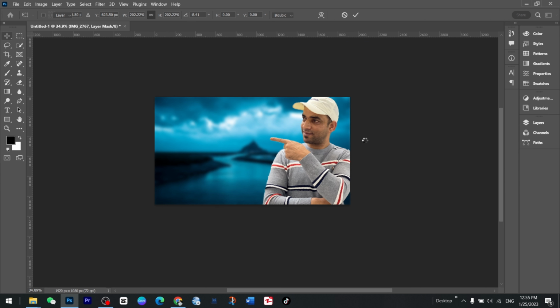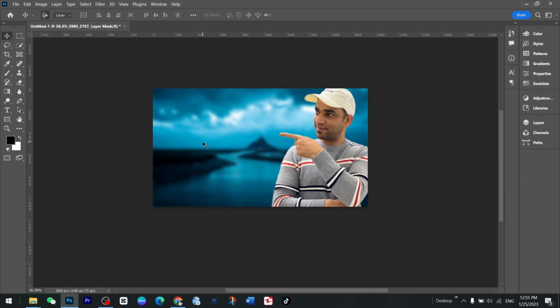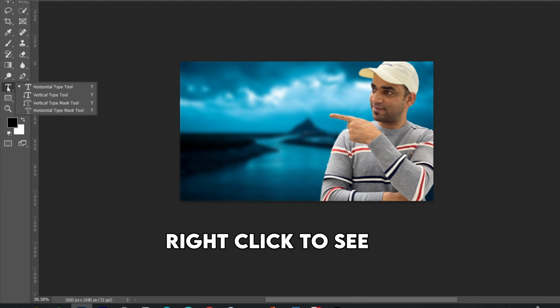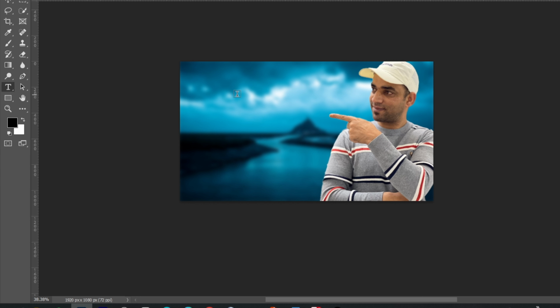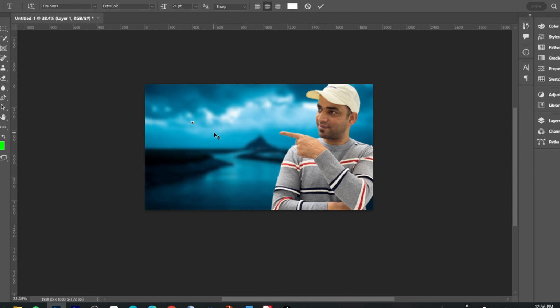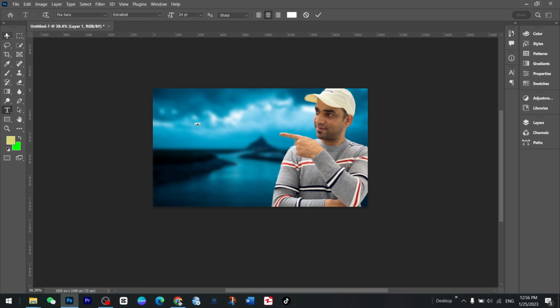Now it's time to add some text, and for the text there is a text tool here. You can hold this one, and there are 3 or 4 options. You don't go for these, just the first one, and choose a text font which is visible, like this one is okay, and I say easy. It's quite small, you can't even see that, so just go to the move tool, and